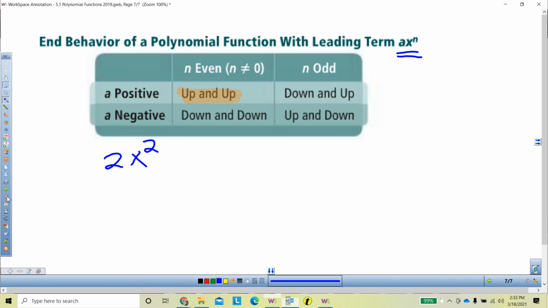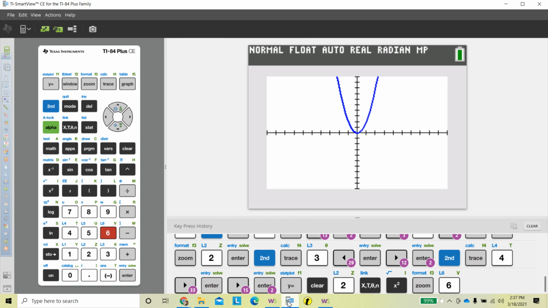So 2x squared looks like that. So again, positive 2, even exponent, we'll try 2x to the 10th, just to show you it's still up. And then we'll go to 2x to the 100. Right, and I'm going back to the graphing calculator just to show you those, and I'll go back to the